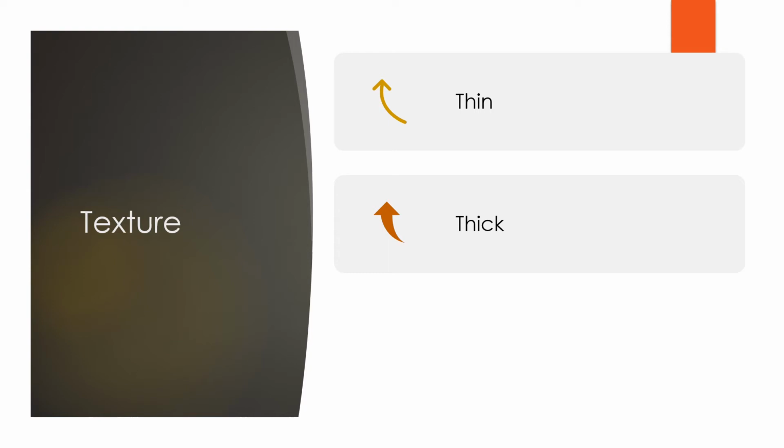So when we think about texture, those of you who've had your Year 7 lesson with me know that we think about Rather Be. And in that song, if you think back to it, it starts off with a thin texture with only a couple of instruments. So we've only got two instruments there. And we just start off with only a couple of instruments. But by the time it gets to the chorus, it is a thick texture. There's lots of instruments going on, lots of things happening.